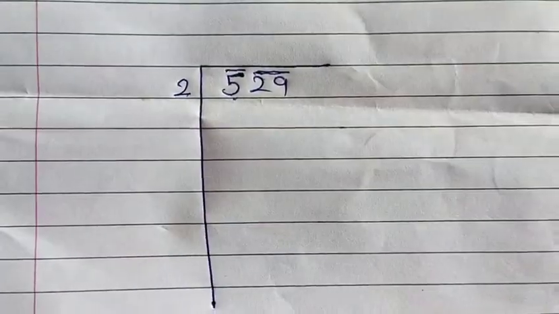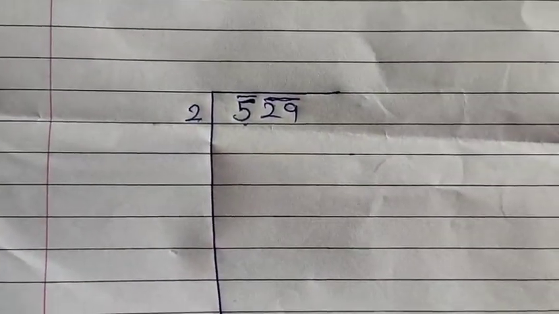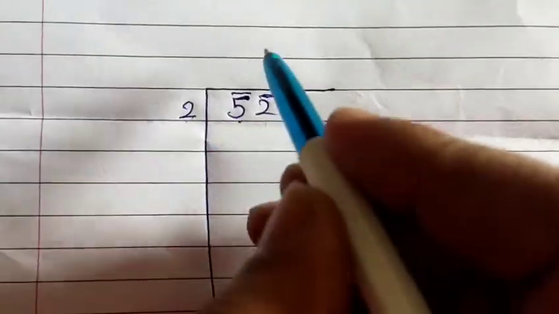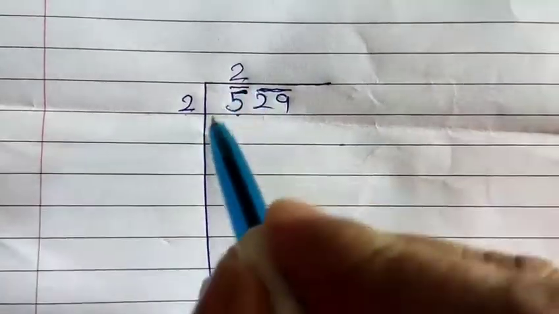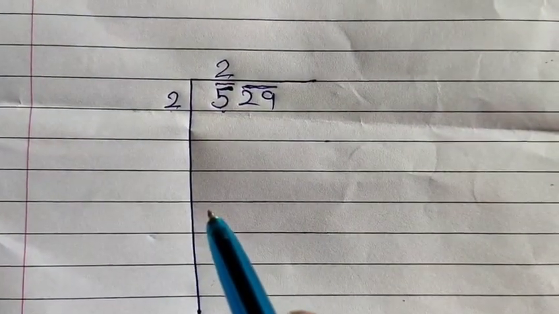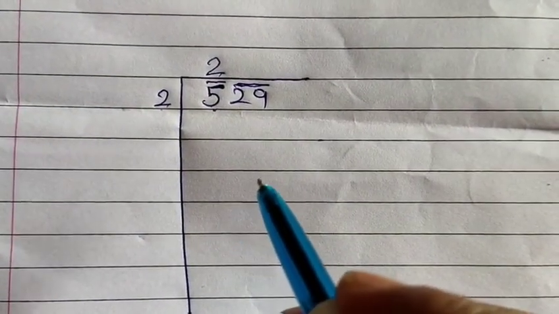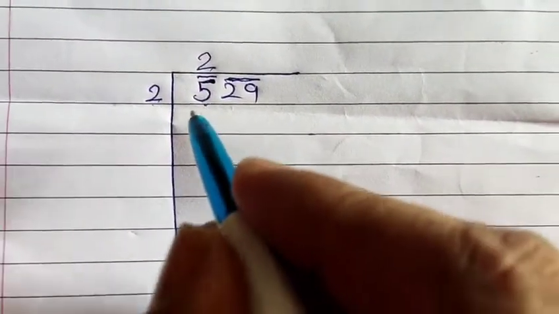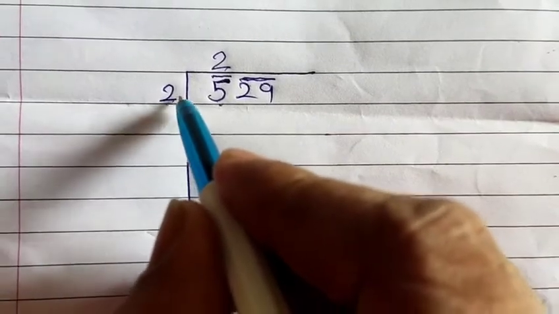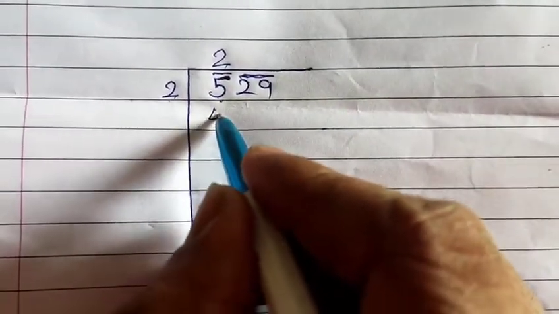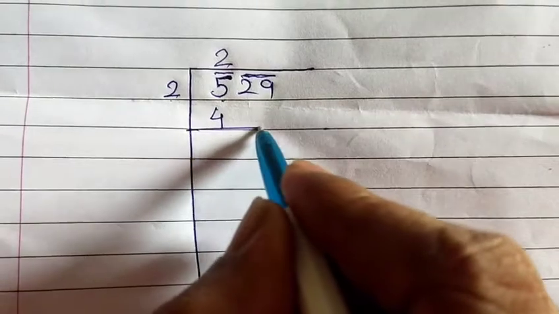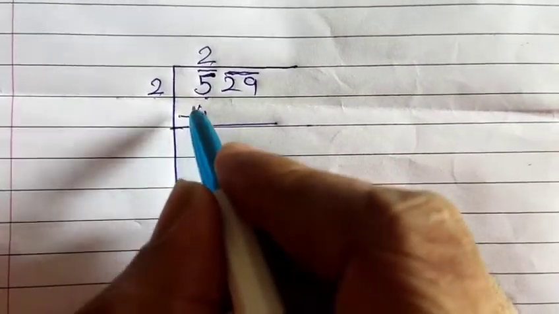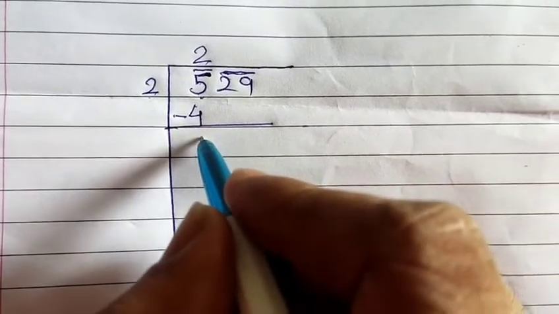are 4. Whatever number we are taking, take this number as the divisor and the quotient too, with the number under the extreme left bar as the dividend. Now divide and find the remainder. As we had taken 2 2s are 4, subtract the value. 5 minus 4 is 1.